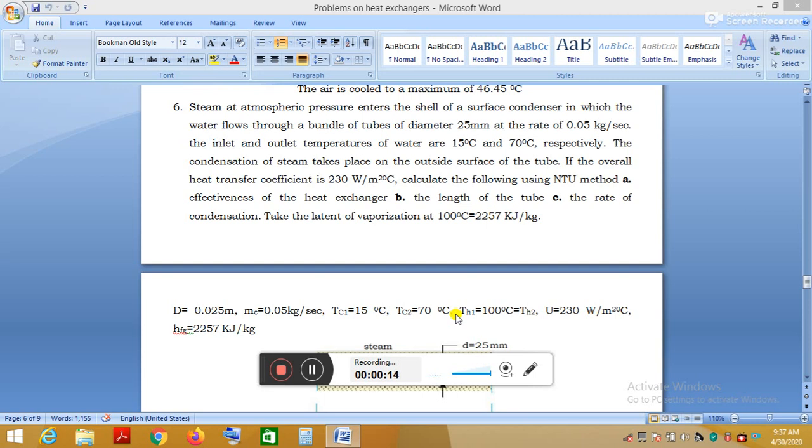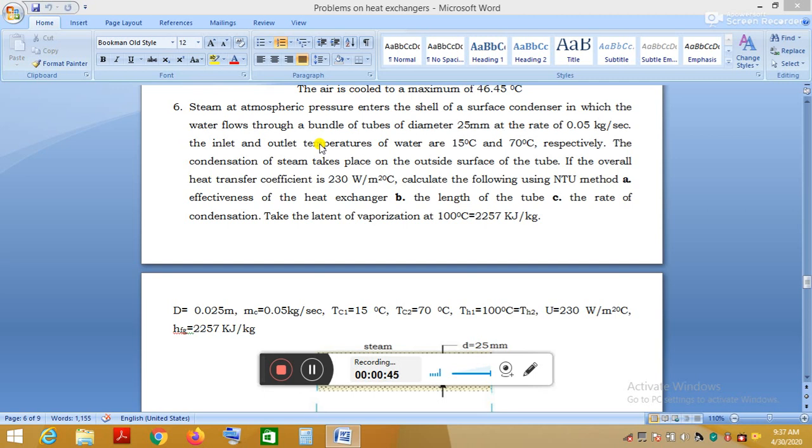Steam at atmospheric pressure enters the shell of a surface condenser. Steam is entering a surface condenser at atmospheric pressure. What is an atmospheric pressure? It is 1 bar. Steam at atmospheric pressure enters the shell of a surface condenser in which the water flows